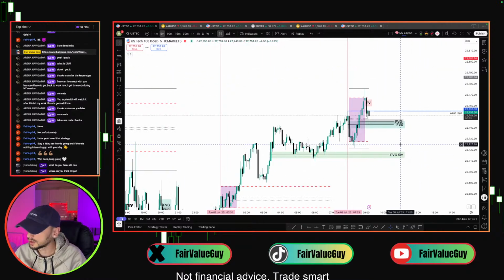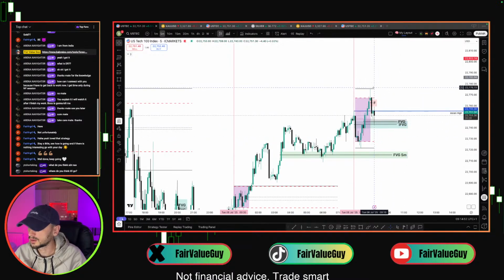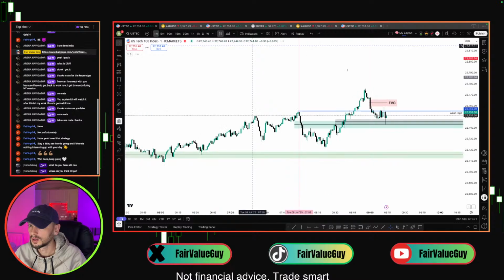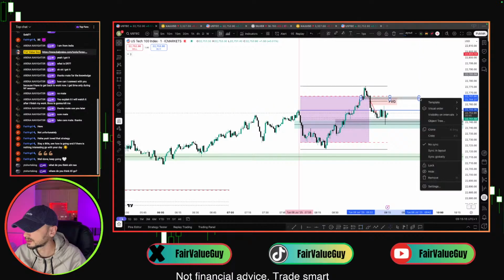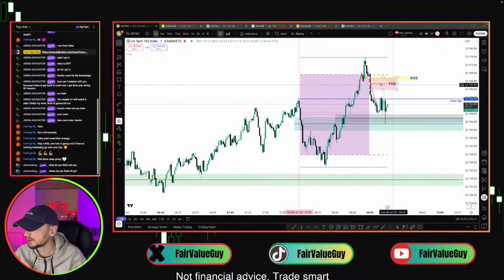Yeah, as I was saying, you need to wait now, because it's between SMT with SMP and it's inside the DR range, so we are going down at the moment because we have this structure. We have high lows, high lows, high, and we break them here, so we have break of structure right here. We are trading below those lows. We have change of character right here. We form fair value gap